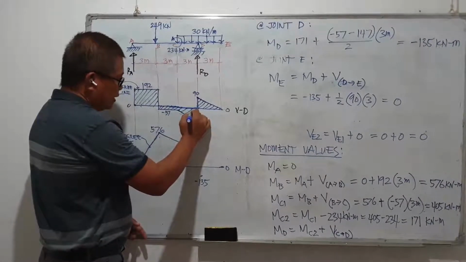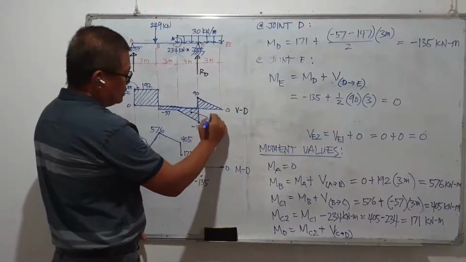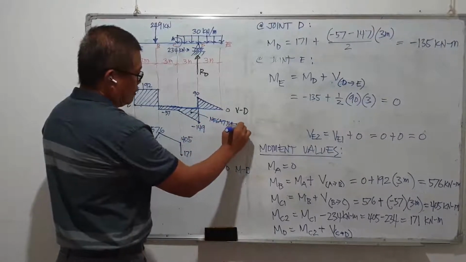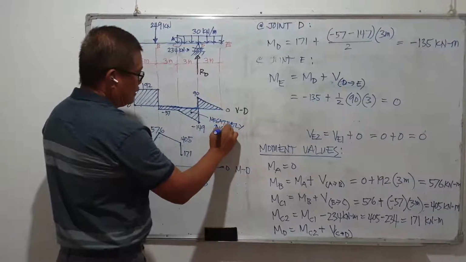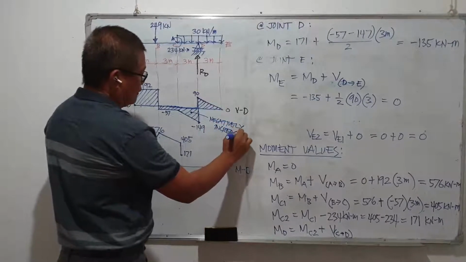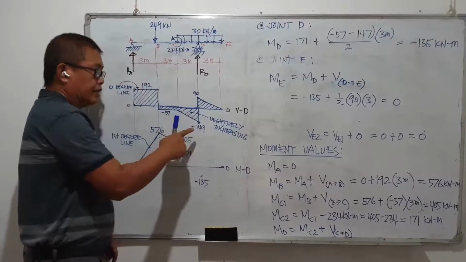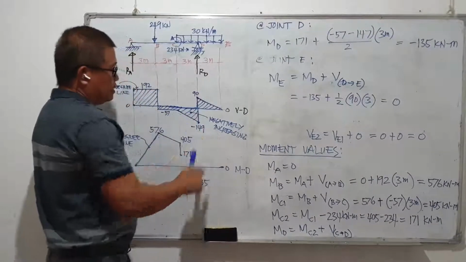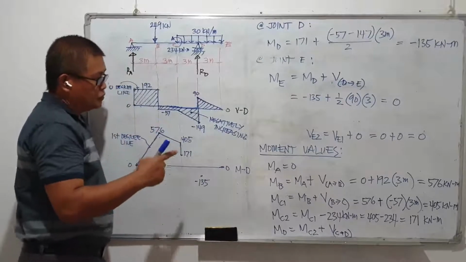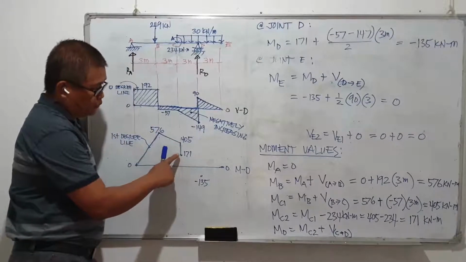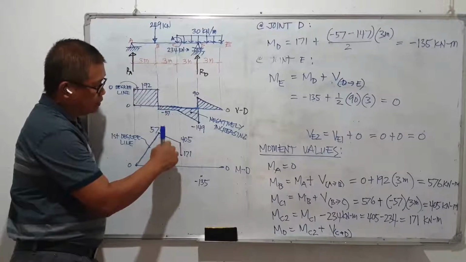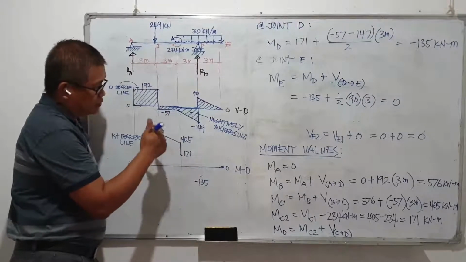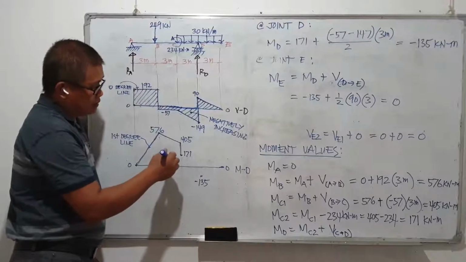So this area of the shear diagram is negatively increasing. The shear area is negatively increasing. So this behavior of the shear area becomes the behavior also of the slope of the line that connects point C to point D. So negatively increasing,